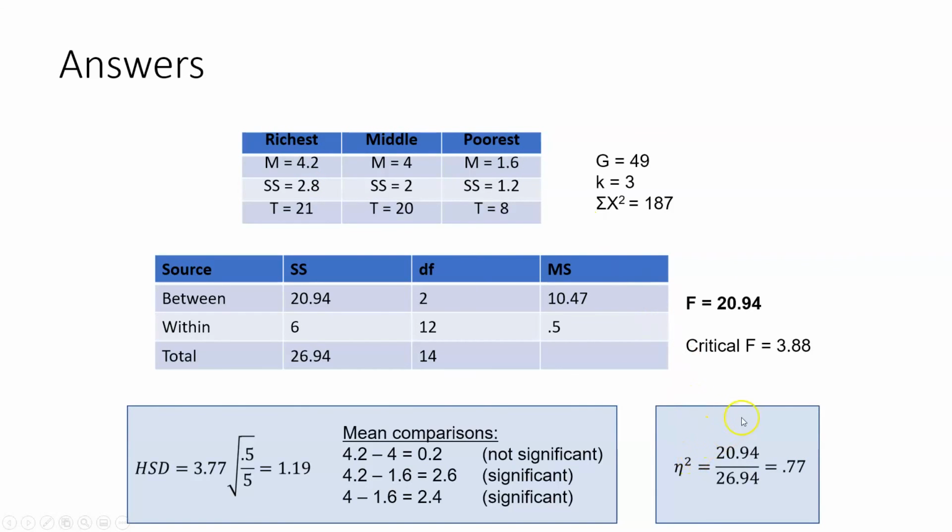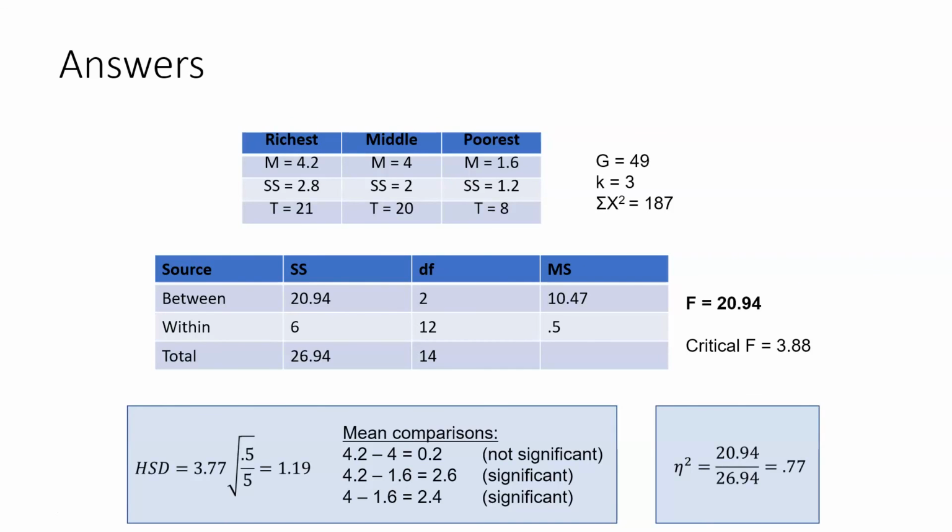And then finally, you would write up a sentence, as if for publication. It might say something like, the means and standard deviations are listed in Table 1, and you'd put Table 1, and you'd list the means and standard deviations, and then you'd say, an ANOVA test indicated that there was at least one mean difference between the classes of people, comma, F, degrees of freedom, then your p-value less than 0.05, and then your eta squared, 0.77, and then you'd put a period